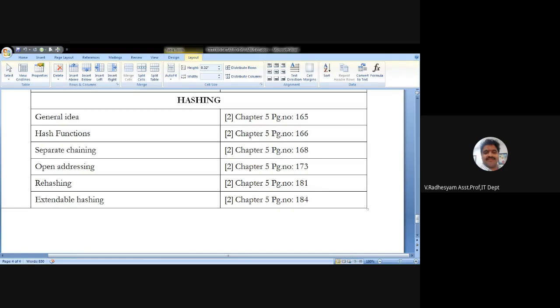As all of you know, you are living in an information age and information technology, where information is very, very important. Information is nothing but data. How to store the data, how to fetch the data, and how to process it, everything will be discussed as a part of the data structures course.